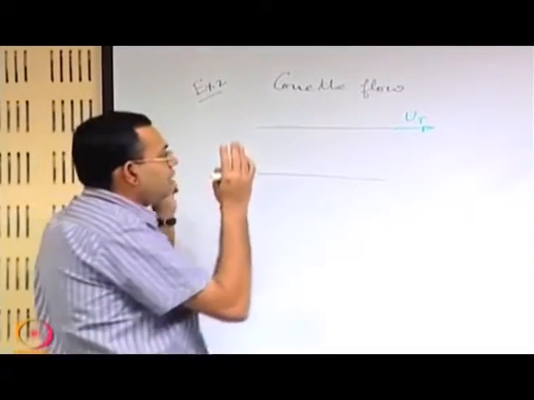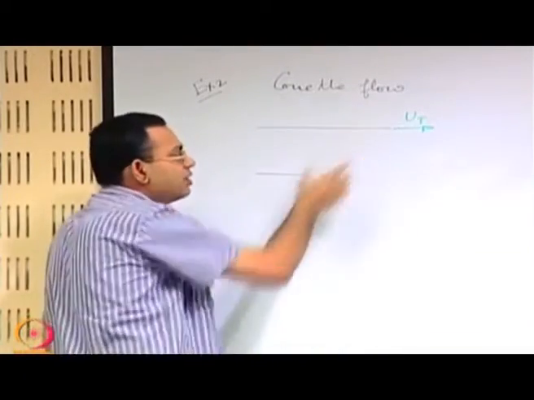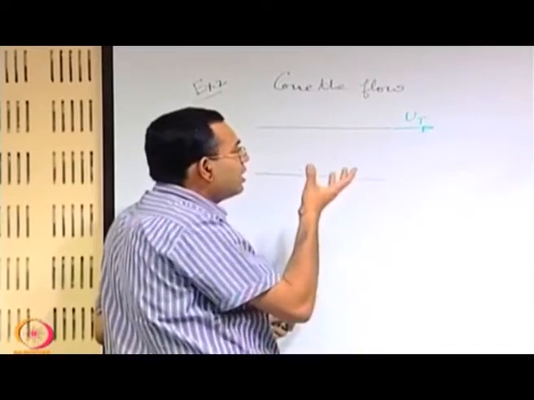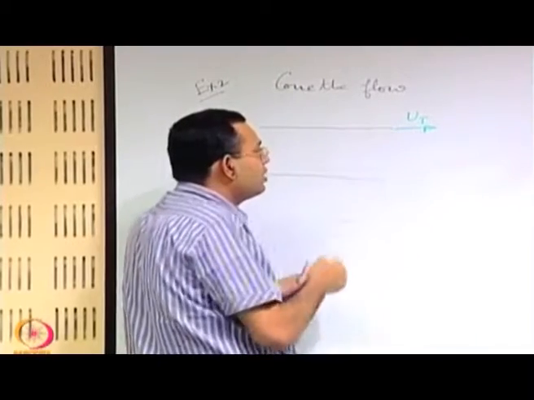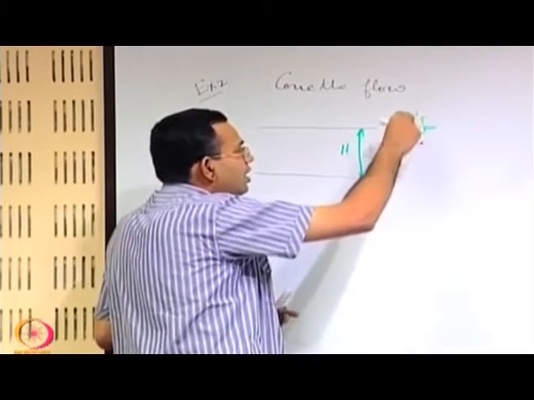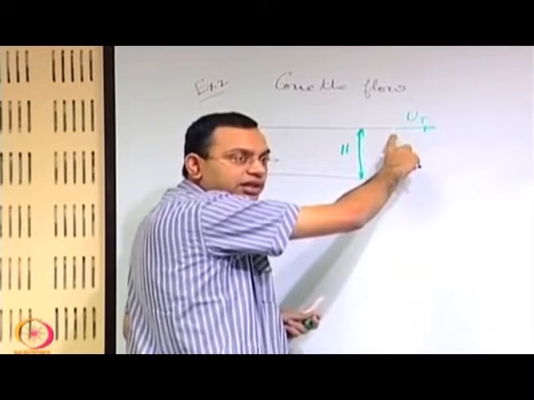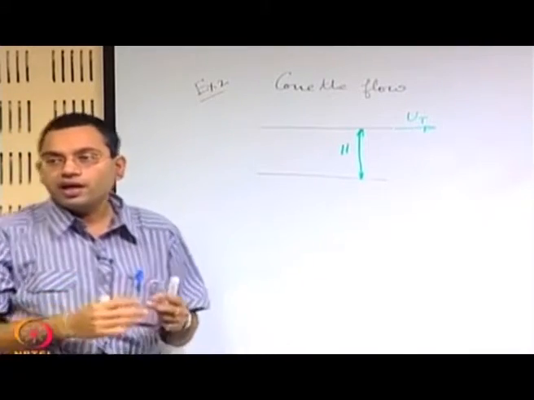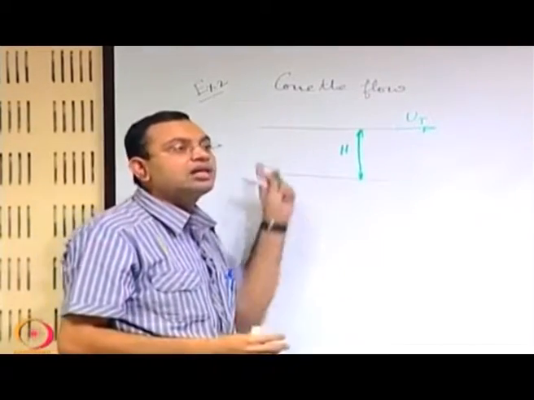If you forget about the effect of the plain Poiseuille flow, and just think that this relative velocity is there, what it creates in the fluid is a velocity gradient. It is an automatic inducer of velocity gradient, because the bottom plate has zero velocity, the top plate has velocity ut, and let us say the gap between the two plates is h. Then roughly ut by h is the rate of change of velocity, the velocity gradient. So it creates a rate of deformation by itself, by the boundary condition. This is a way in which you create a shear by the boundary condition itself, and this is sometimes known as a shear driven flow.